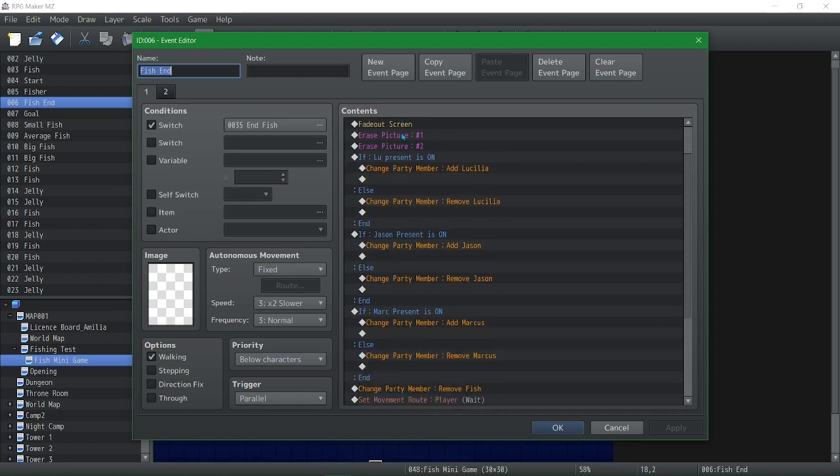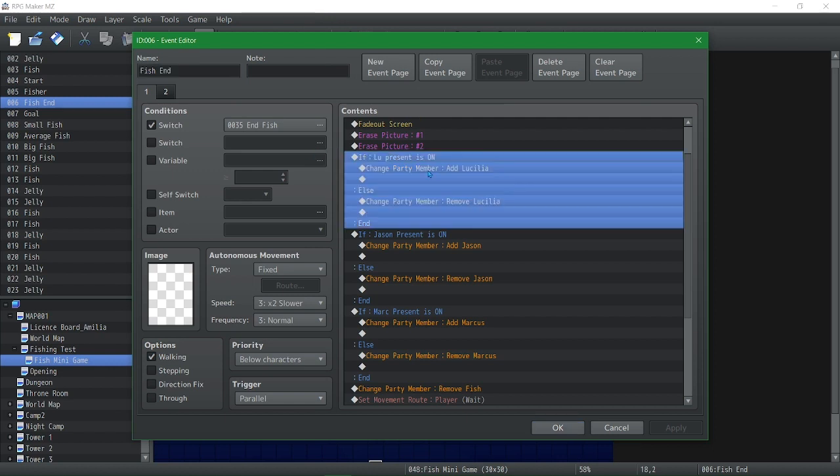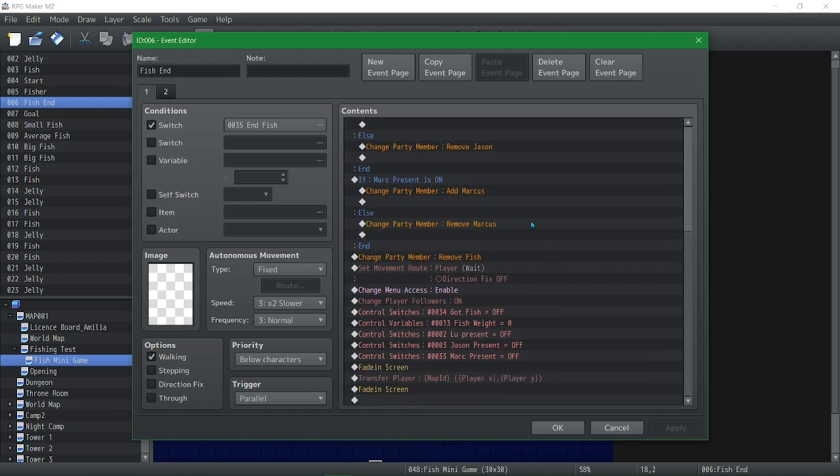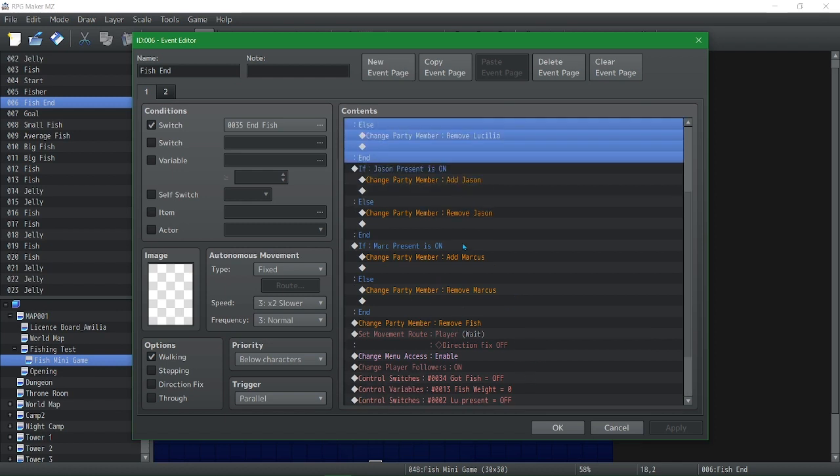But I have it fade out the screen and it erases the pictures, the fish on picture and the blue tint picture. And then it reads the variables we set earlier and adds the players back or removes them. I stole these from another event, so that's what the remove is for. And then I don't know if this would completely bug out a game. I've never actually done it, but I always make sure that I add the players before I remove the players, so there's only someone in the party. Again, I don't know if that affects anything. I've just always done it that way.